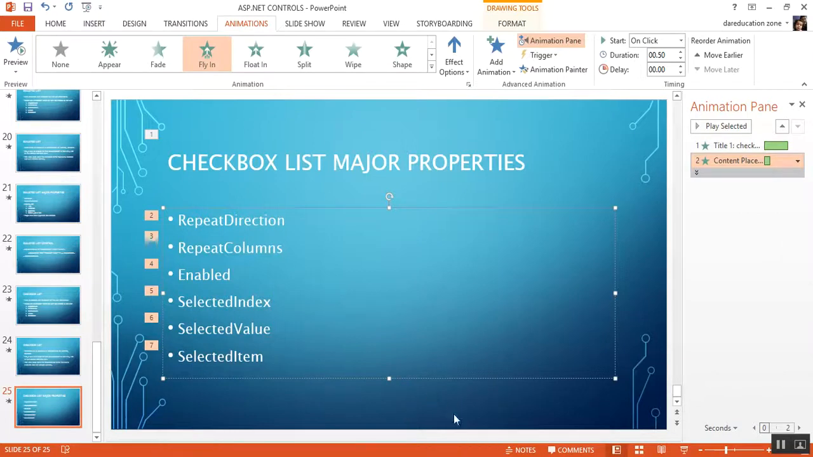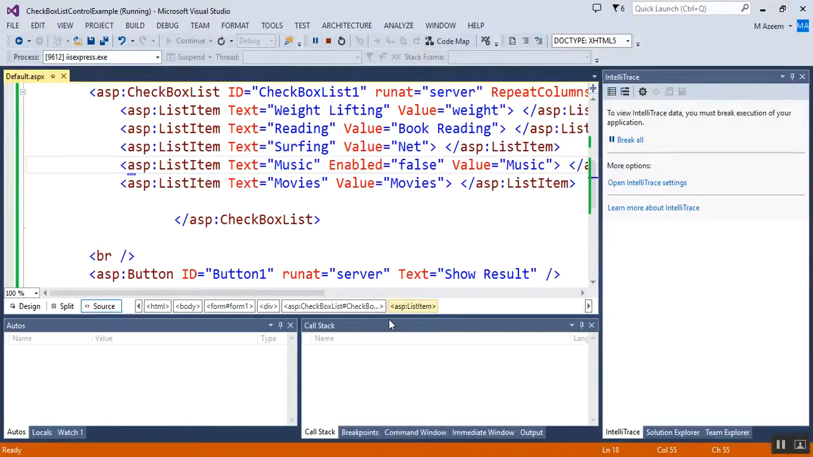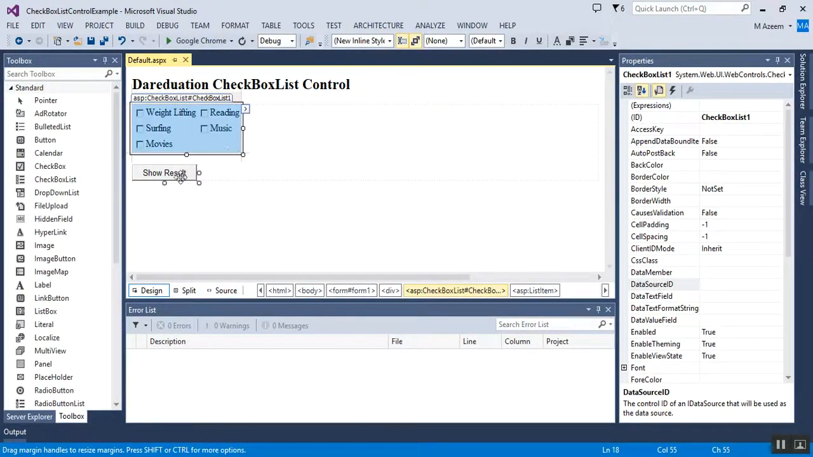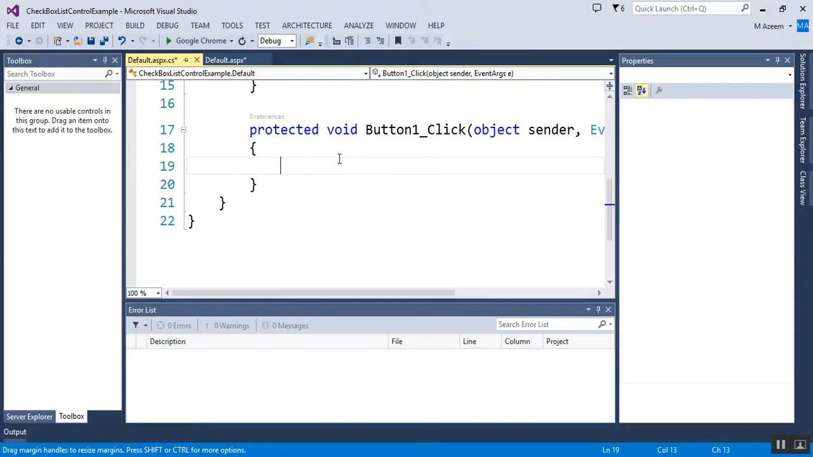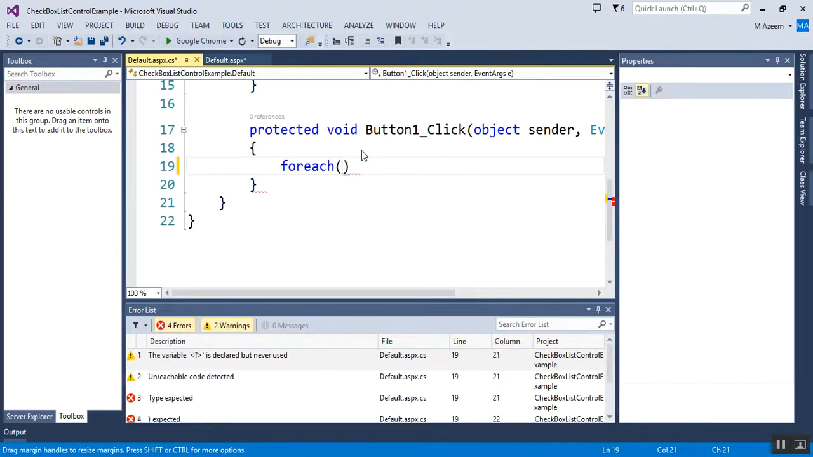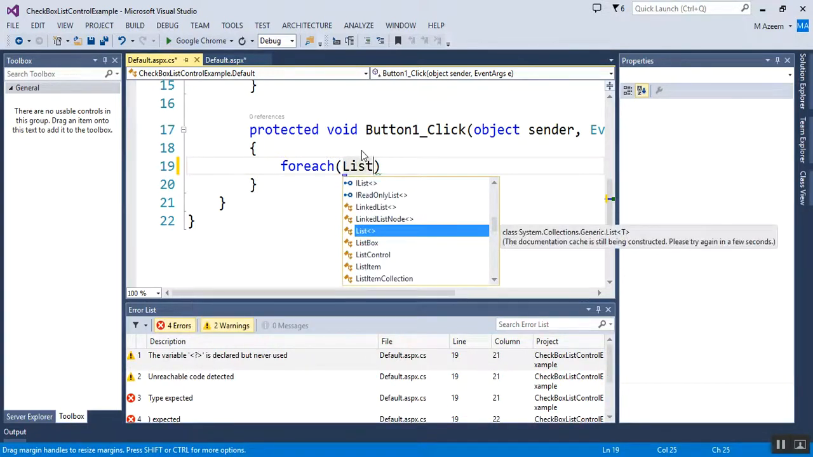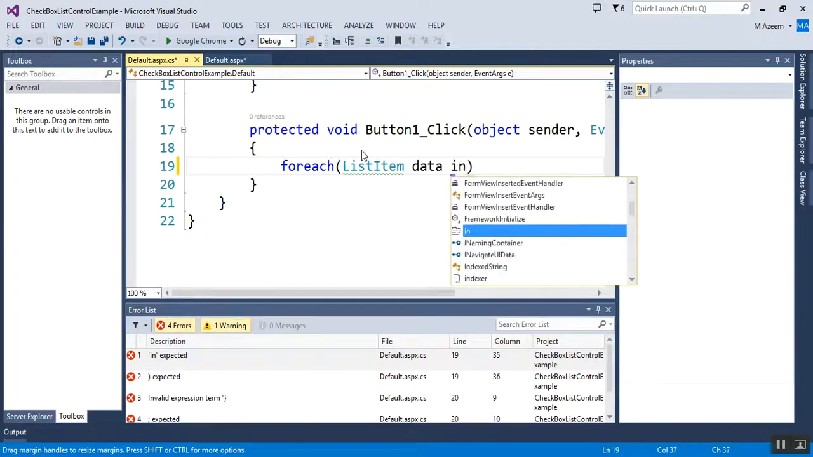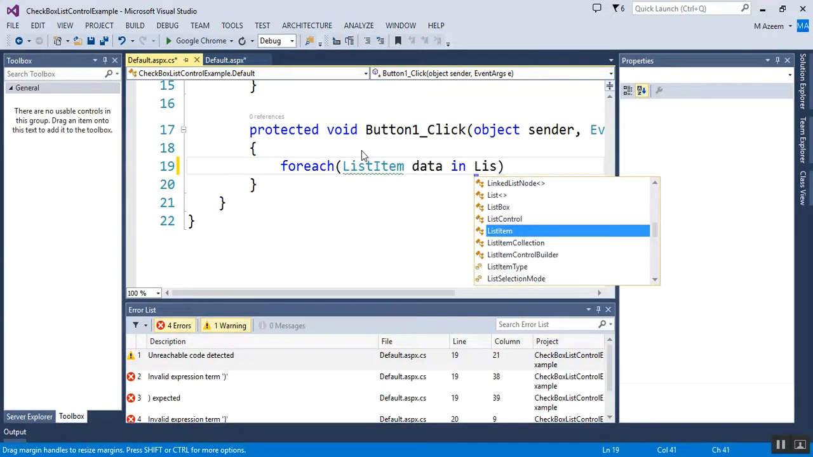For this, we just close this one. Now we will perform some methods on the basis of this checkbox list control. We go to show result, and in this button's click event we have a for each loop. This is a loop kind which is used only for list items. Here I will give the name data, the name of the variable, ListItem data in,